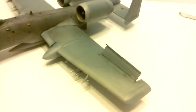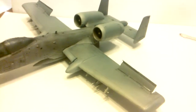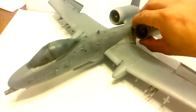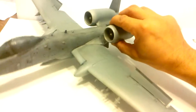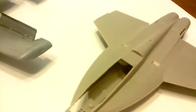But what I've decided to do, since Chris over at Classic Plastic 101 and Fast Freddy 747, I believe, are doing a small group build for the F-18 Super Hornet, with that said, I went out and I scored the Revell kit, 1/48 scale. I believe this is the